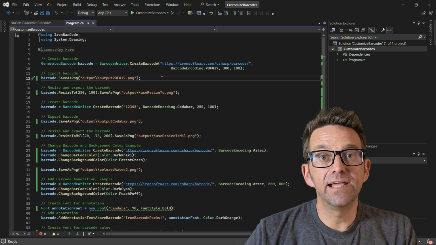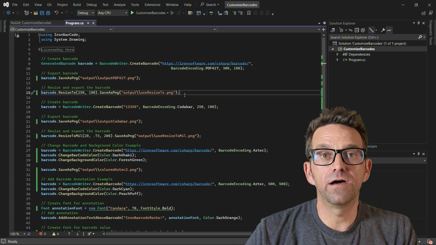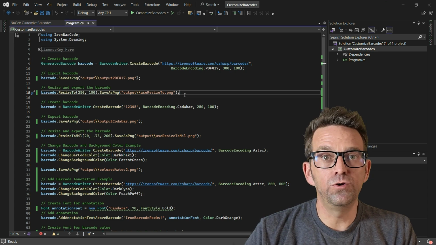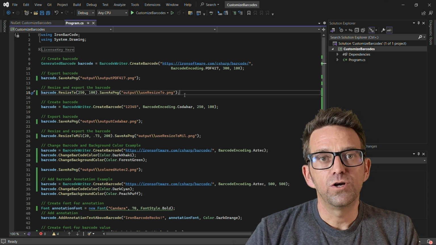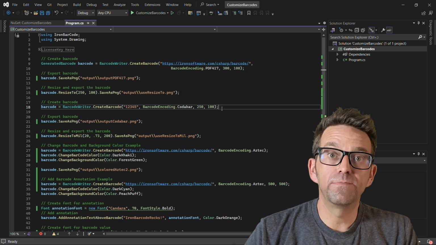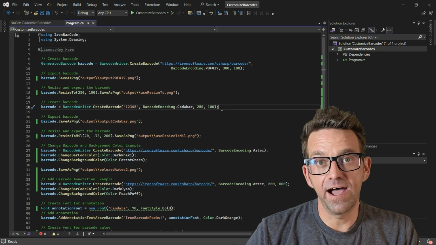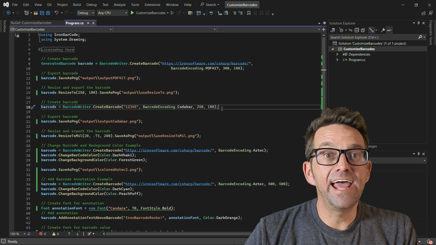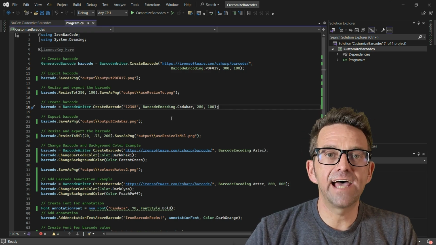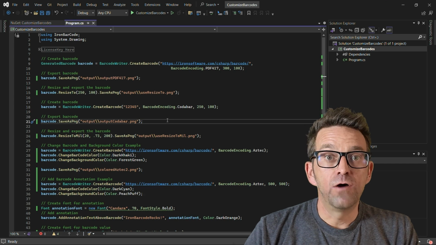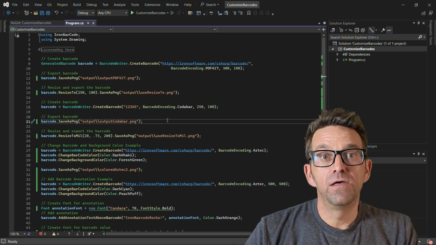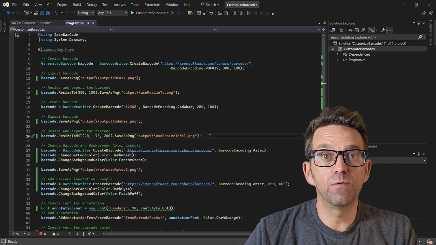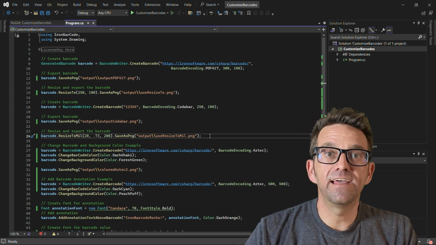Resize the barcode to a smaller size, 250 by 100, using the ResizeTo method, and save it as useResizeTo.png. Create a CodaBar barcode representing the value 12345 with dimensions 250 by 100 pixels, and then export the CodaBar barcode as output.png. Now resize the barcode using mils, 1/1000th of an inch. Resize it to 20 mils by 0.73 inches, and save it as